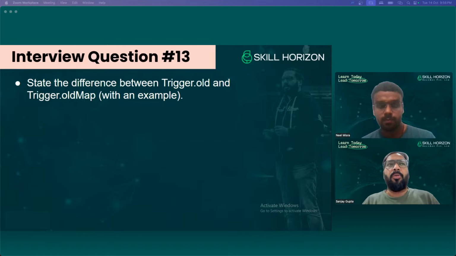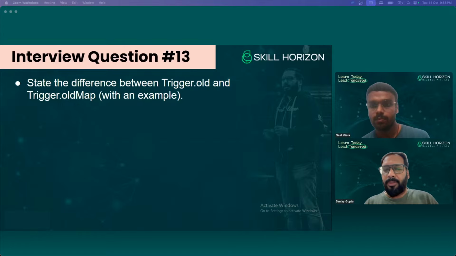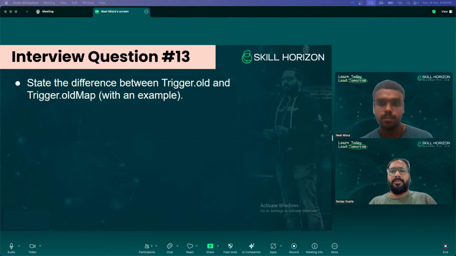Trigger.old and Trigger.oldMap both are context variables. Old is a list of sObjects, and oldMap is a map where ID and values will be available related to a particular object. Generally, they have values in update and delete. In these two contexts they will have values. In case of insert and undelete, they won't have any value, they will be null, right? Yes. These are the simple differences between these two.